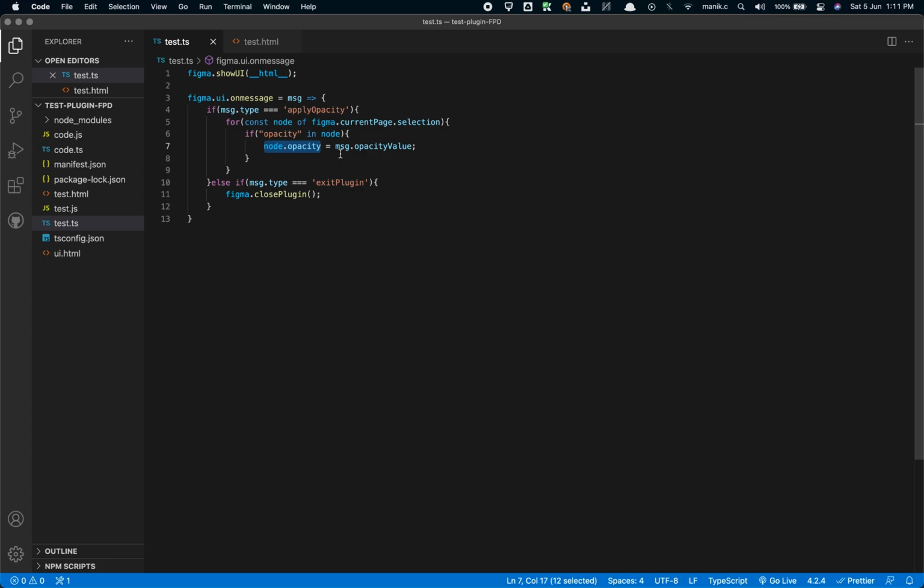But there is one important thing which I want to talk about over here before I go and run this plugin. Now opacity property in terms of Figma plugin development is handled in a different way compared to the way we handle it in our properties panel. So in the properties panel, we will have opacity from the range of 0 to 100. But when dealing with opacities in Figma plugin development, it will be from the range of 0 to 1. So 0 being the zero opacity, 0.1 being 10%, 0.2 being 20%,